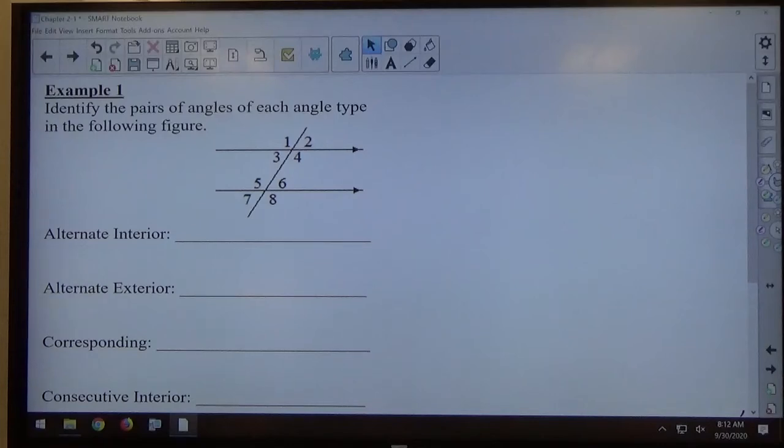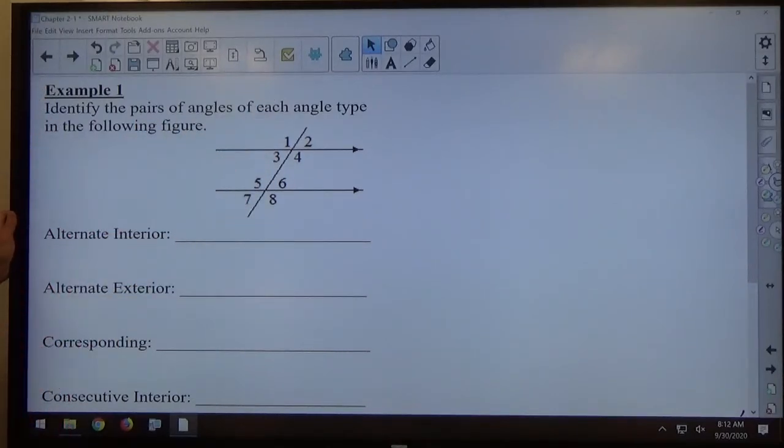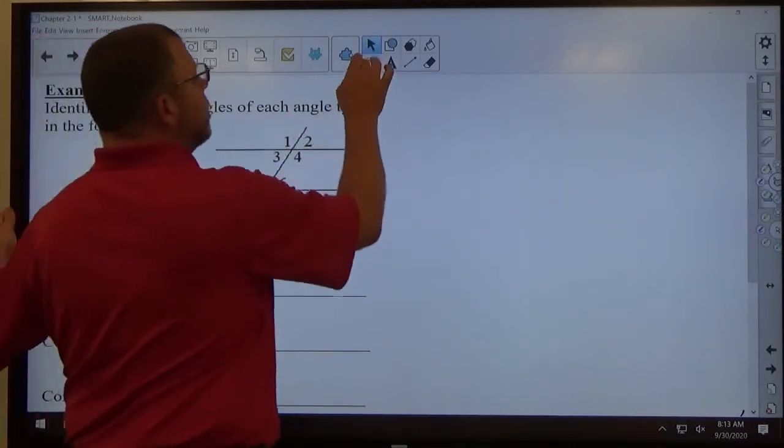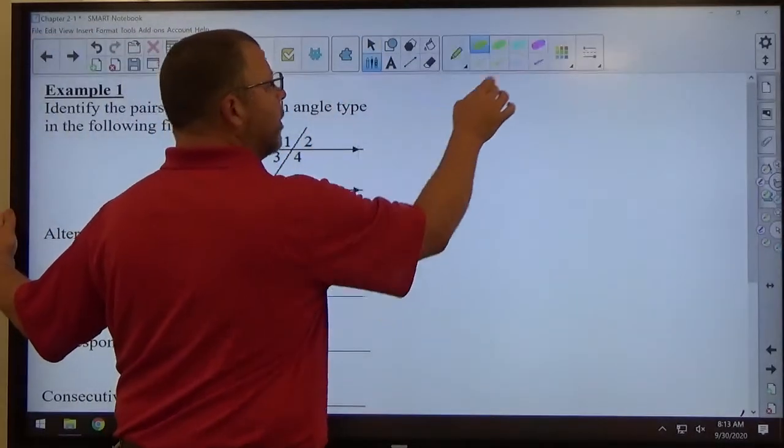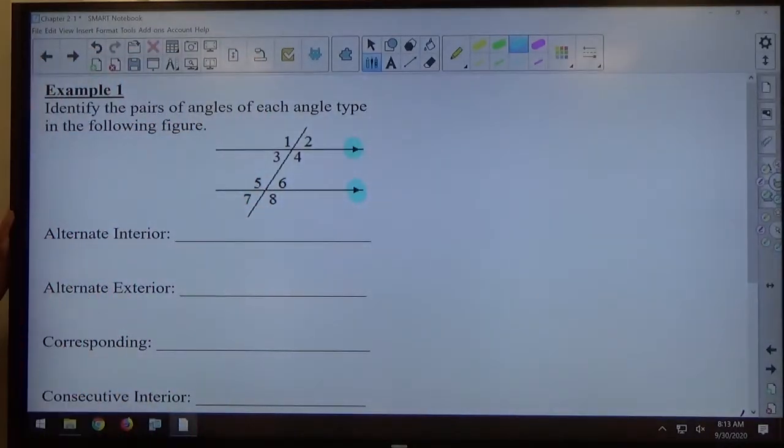So what we have here are two parallel lines cut by a transversal. Things to remember: parallel lines cannot be assumed. They must be either proven to be parallel or you must be told they're parallel. In this specific problem, I'm told they're parallel by the markings. So this little arrow here and here on the line itself, a bold arrow, is going to demonstrate parallel